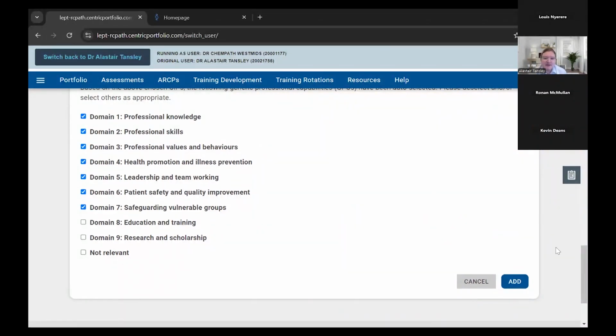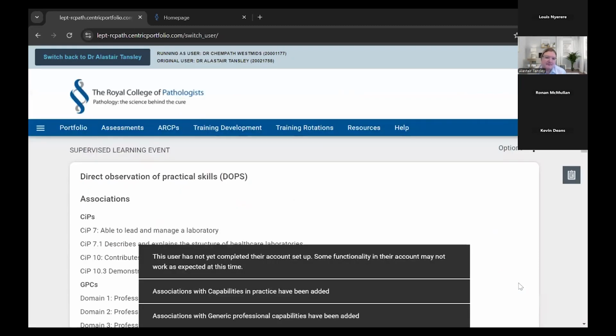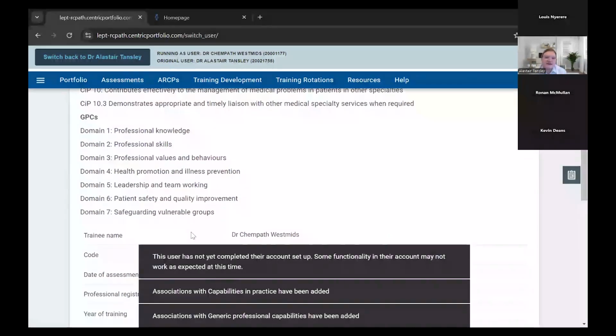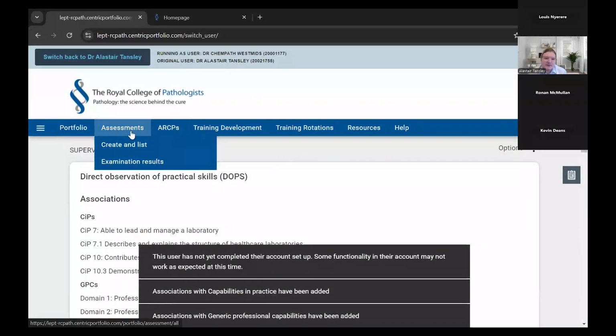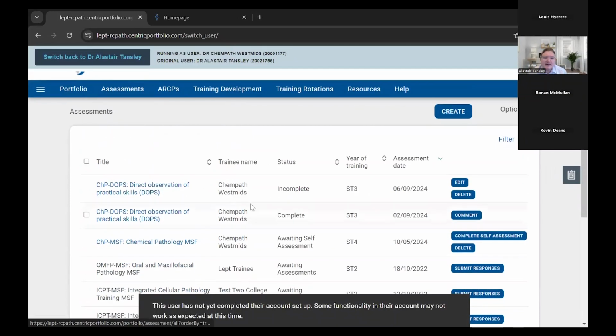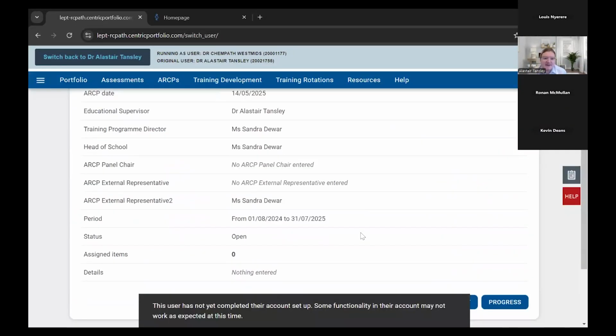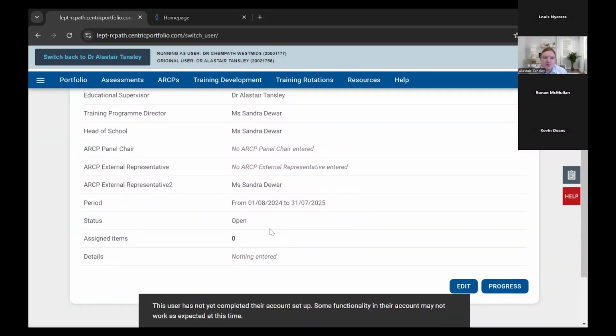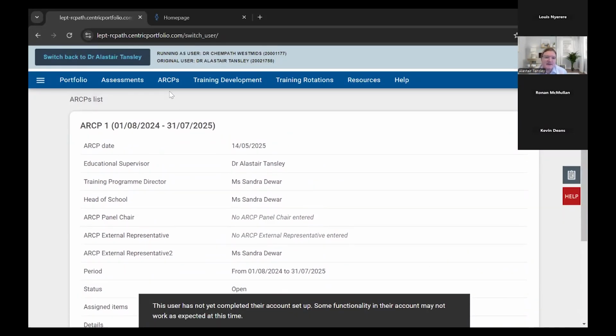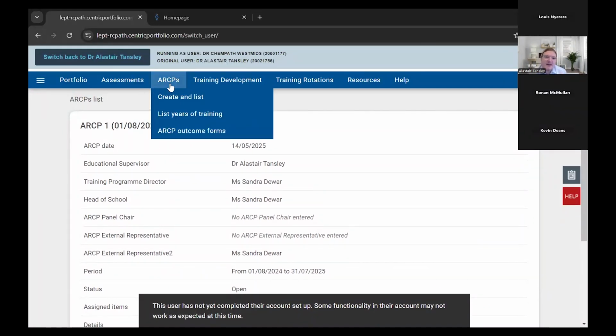Then, when you have completed this, you then click Add, and we now have a completed assessment, which is now logged on your page as this lovely complete assessment here. The very next thing that you would then want to do potentially is, if you've created your ARCP, you'll want to associate the assessment that you've just done with that ARCP, so that you've done it within this specific timeline,